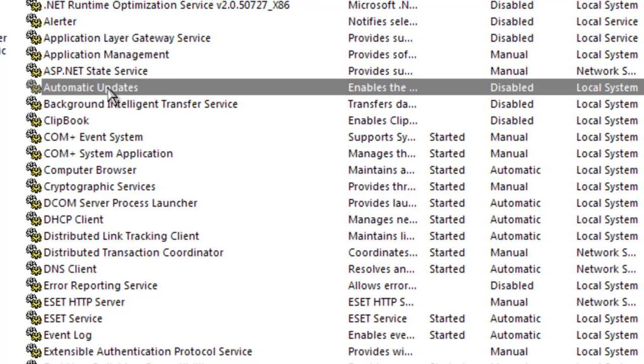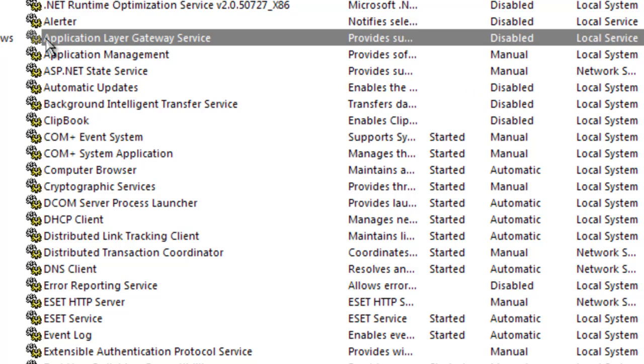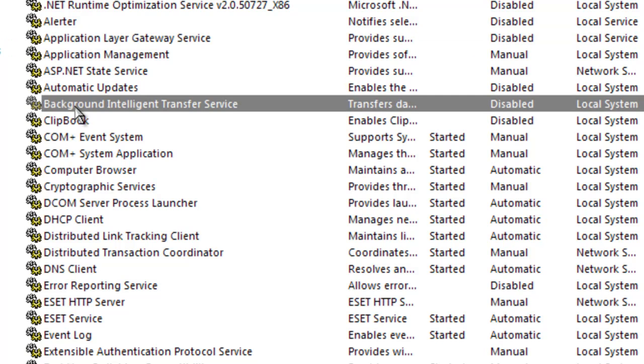If you are a genuine user or you still need the updates, please do not close the automatic update service. But according to me, it takes a lot of your internet resource, which will slow down your net speed to a great extent. But if you want to continue with your automatic updates, do not disable application layer gateway, background internet transfer service, and help and support and error reporting service. It's recommended you do not disable them or your updates won't take place. But if you are not using automatic updates, you may disable